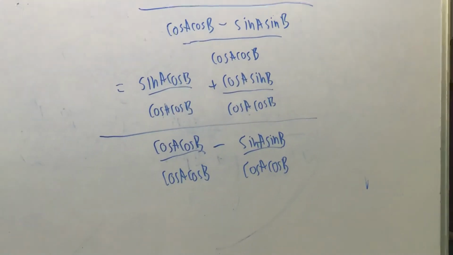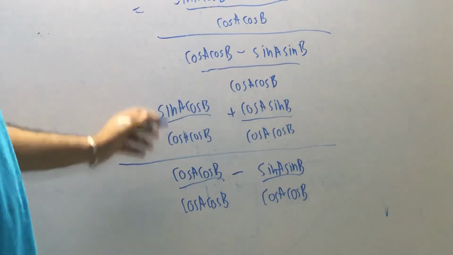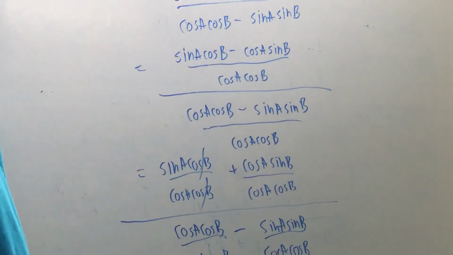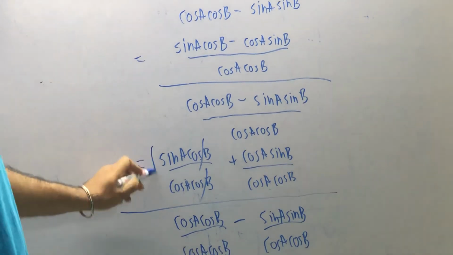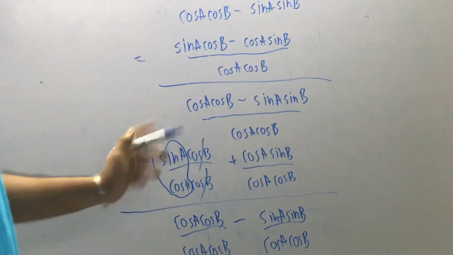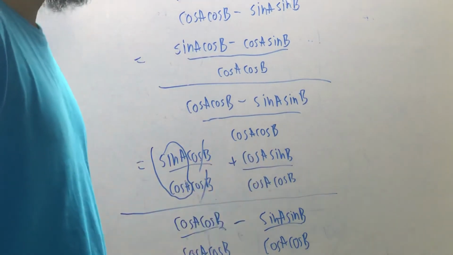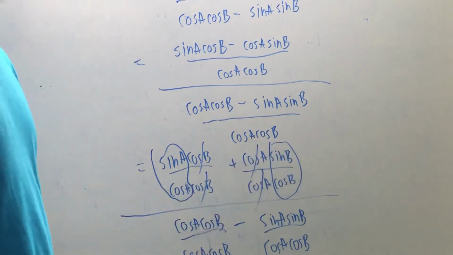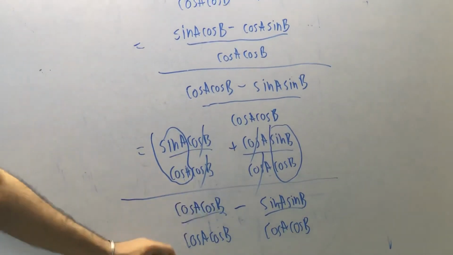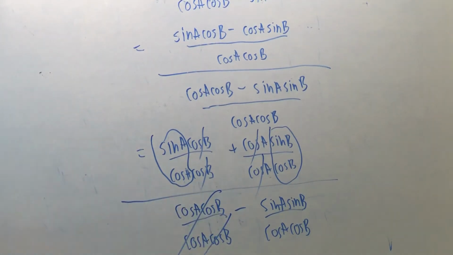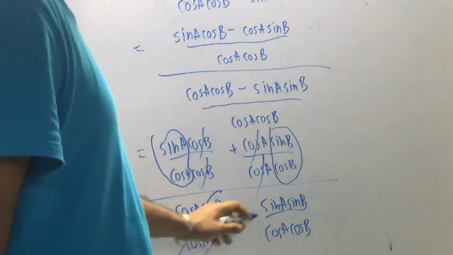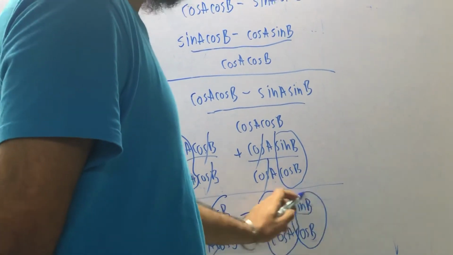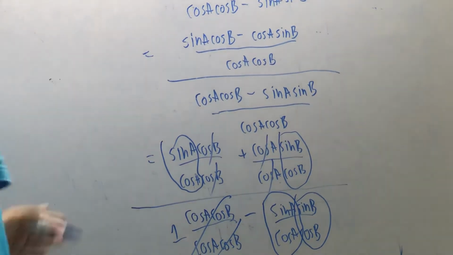Okay, very long to write, but anyways, you will see why I did that. cos B cancels. Sin A upon cos A is how much? Just look carefully here. tan A. Now here cos A cancels. sin B upon cos B is tan B. Now this one, cos A cos B upon sin A cos B, cancels, both of them 1. Then sin A sin B upon cos A cos B. So sin A upon cos A, sin B upon cos B. What will that be? Now I will write here.